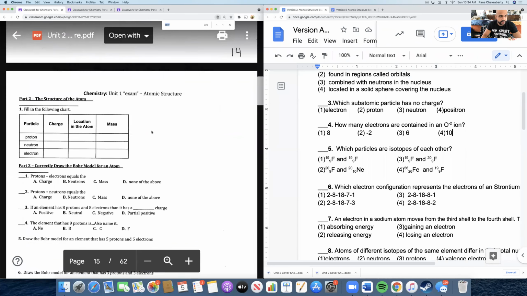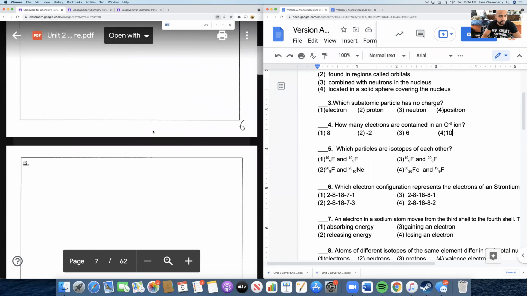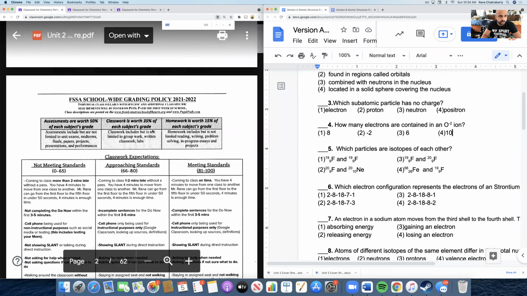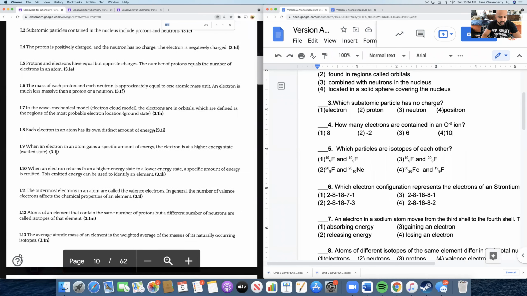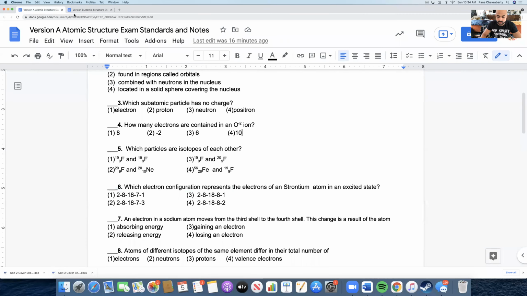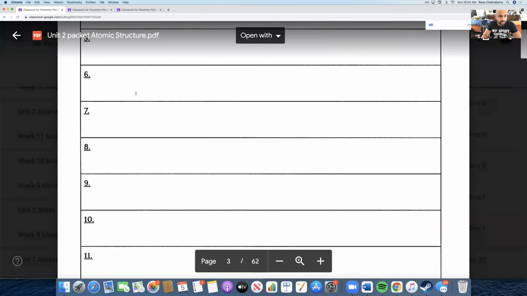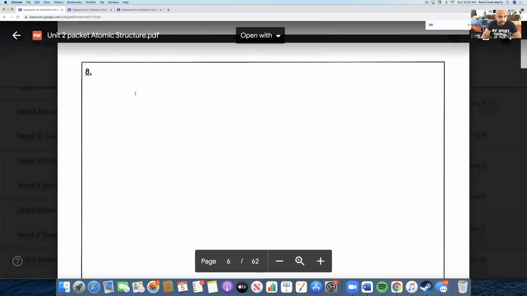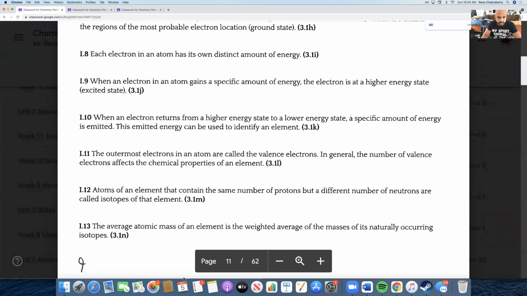So where do we find out information about isotopes? Well, it's in the standard. Let me show that to you really quick, really slowly. It's on page 9. So what are isotopes? What do those mean? Isotopes have the same protons and different neutrons. So where does it say that? Atoms of an element that contain the same number of protons but a different number of neutrons are called isotopes